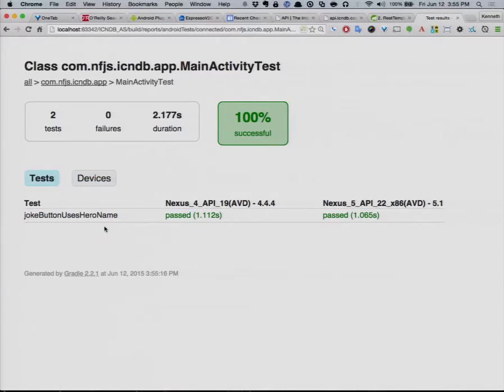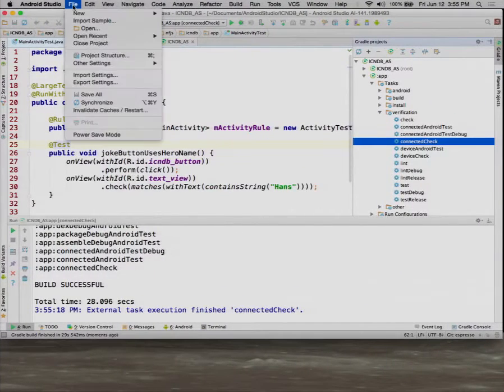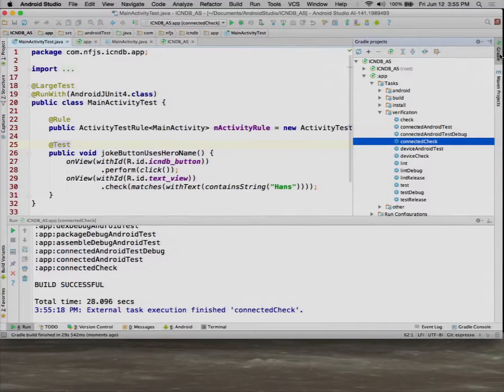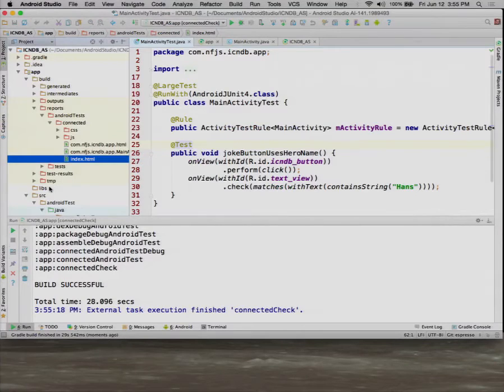Okay? The last thing I want to show you, and then I can hang out for questions or whatever, is I want to show you something about flavors as well. So first of all, let me switch to a different, I'm sorry, one more thing before I leave that. A new thing they have in the Gradle build now is the ability to actually handle true unit tests. This is a lot less cool than it sounds, though.